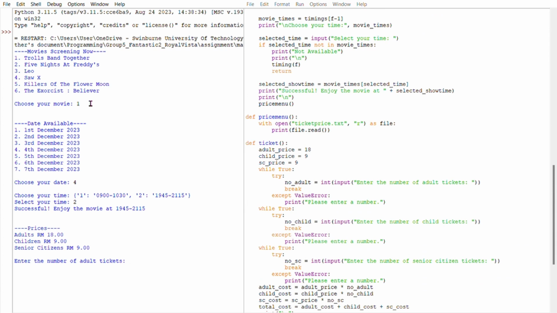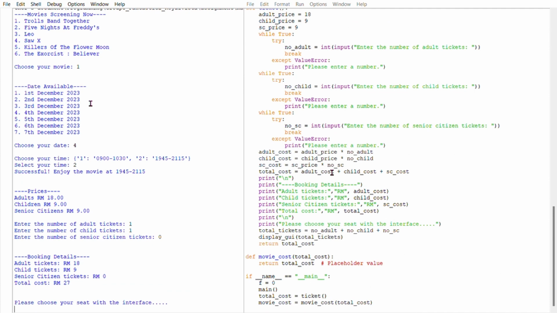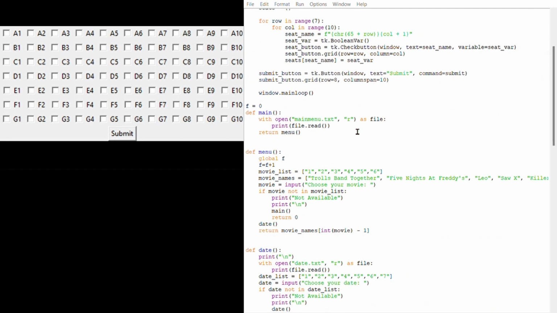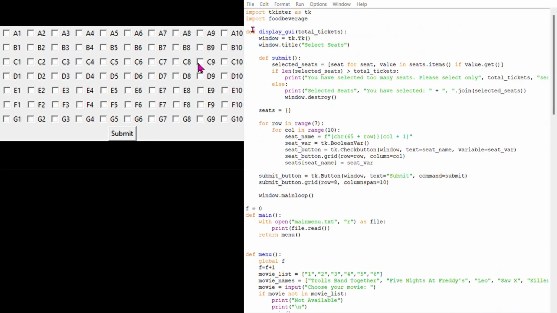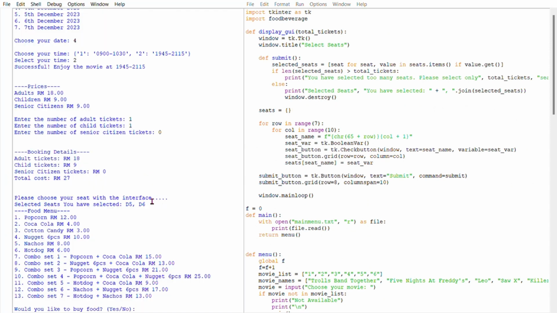Let's say we have one adult, one child, and no senior citizens. After inserting the number of tickets, we are able to choose the movie seats. So the GUI code will display the seat chart. Click the seats you want and submit it. Let's say we choose D5 and D6 and submit. So it will display the output